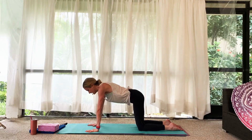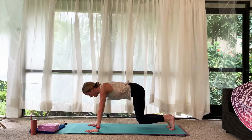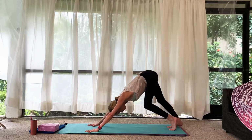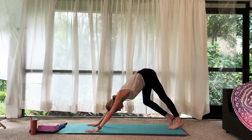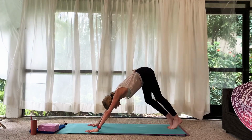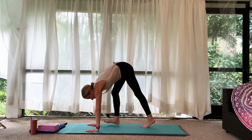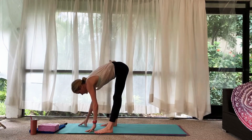Neutral spine. Tuck your toes, hover the knees, and press back to a downward facing dog. Pedal out through the feet. And keep a soft bend in the knees as you walk to either the top or maybe the middle of your mat. We're just going to find a